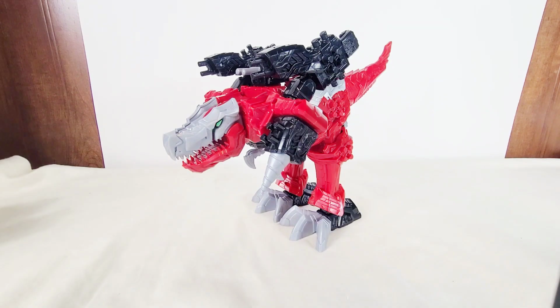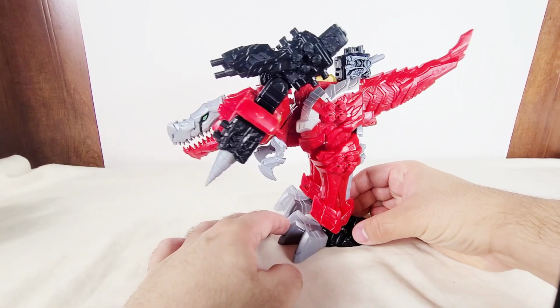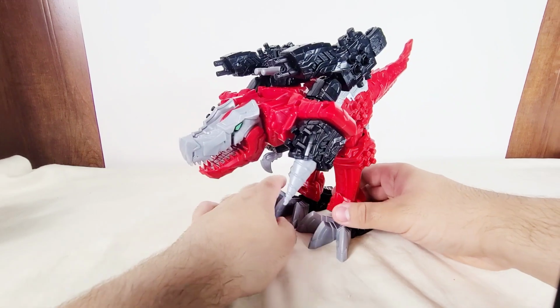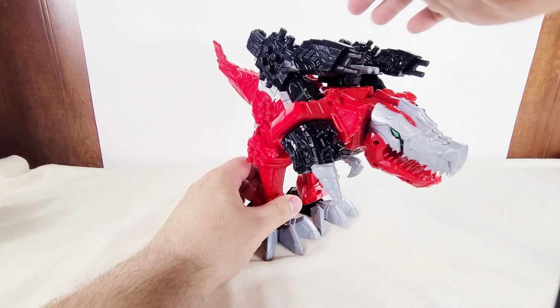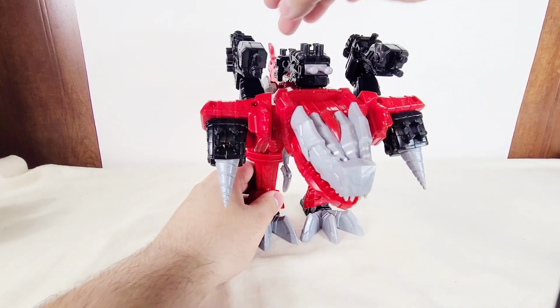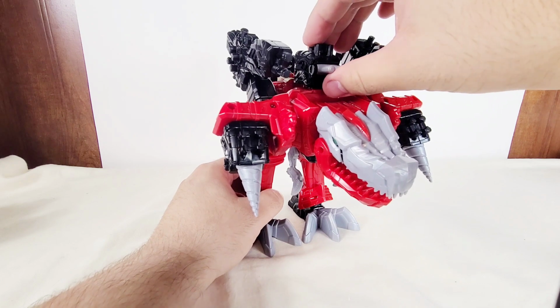Start things off with the Zords. Here we have the T-Rex Champion Zord. I always liked the design of this thing when I first saw it in Ryusoulger. I love how it's just armed to the teeth with these drills and these big rail guns and these little cannons, which at first I didn't think could actually move, but they're actually made of a soft plastic,